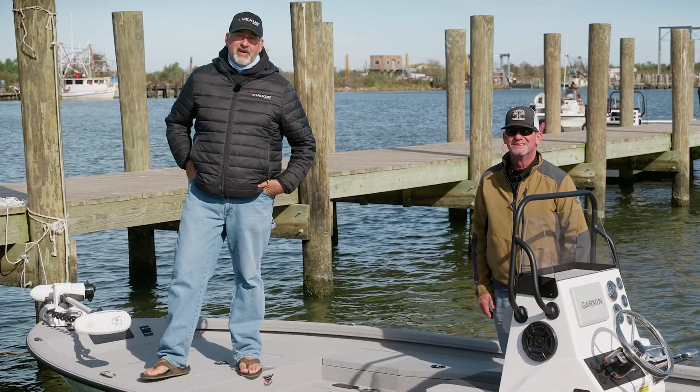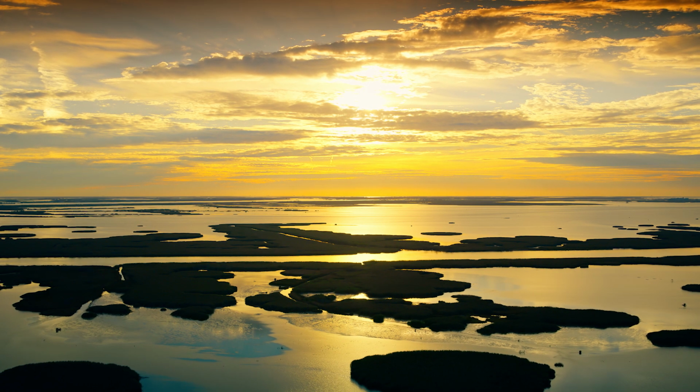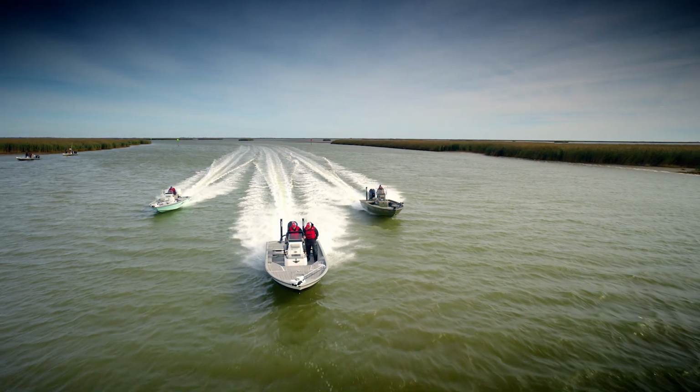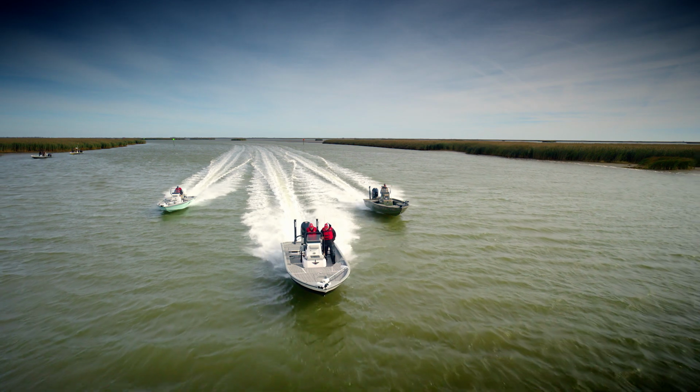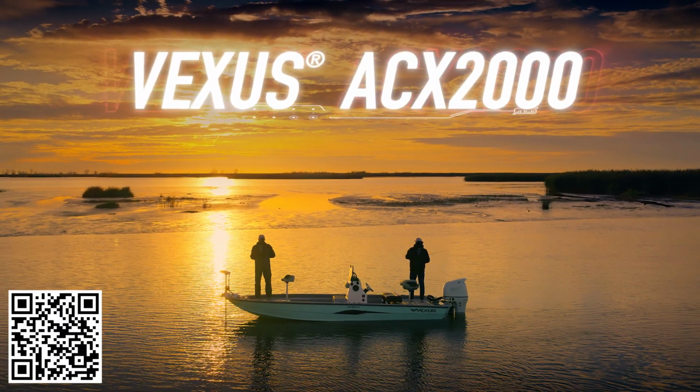I'm Jason Parsons with Vexus Boats, and I've been able to spend a few days down here in Venice fishing with Captain Billy Nicholas from Venice Fishing Lodge, and we've been able to show him our family of ACX center console Vexus aluminum boats. This is our Vexus ACX2000, and man, is it loaded with great features for fishing down here in Venice, Louisiana,